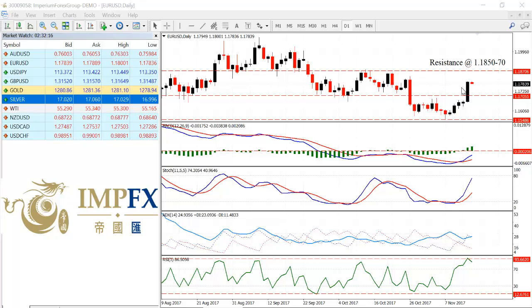Although there is a cap coming in around 118.50-70, the only support to give a bearish outlook is that the RSI is actually hitting the top side of the range. But that being said, I'm neutral and I'd like to see how the market plays out in the next 12